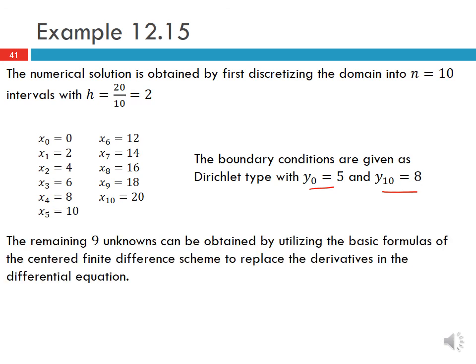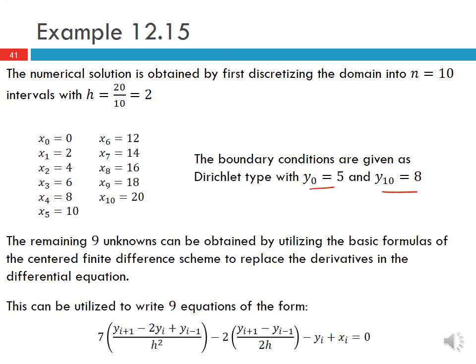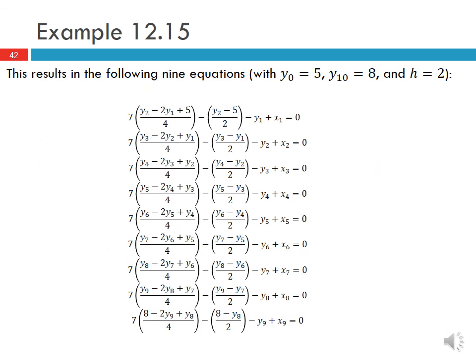The remaining 9 unknowns are obtained by using the basic formulas of the centered finite difference scheme to replace the derivatives in the differential equation. So this can be used to write 9 equations of the form shown here. We're replacing our second derivative as well as our first derivative, and then we've got our y as well as our x for each i. So writing this with each i from 1 to 9 at all the intermediate points,